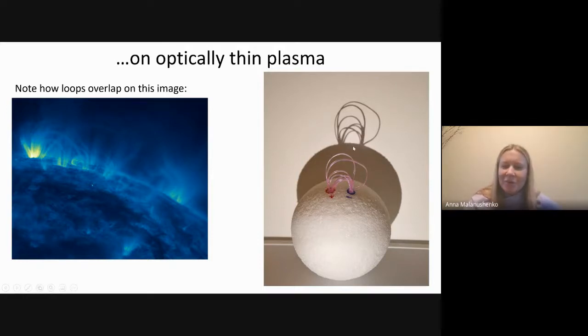So what we do see is this shadow. This is by no means an extensively correct physical analogy, but it is good in illustrating the optically thin and the overlaid emission from a bunch of different sources. What we do see is the integral along the line of sight.